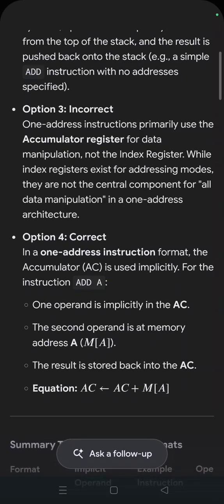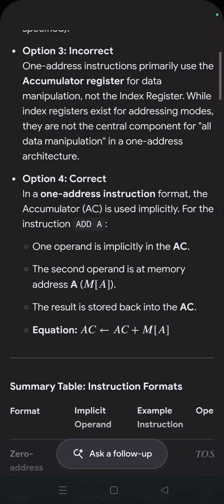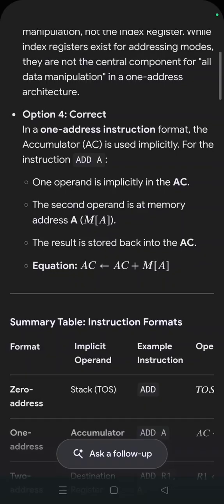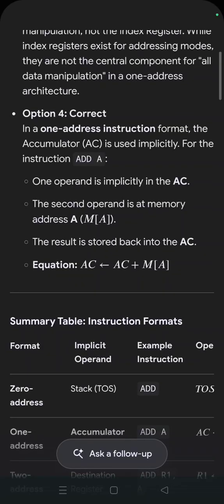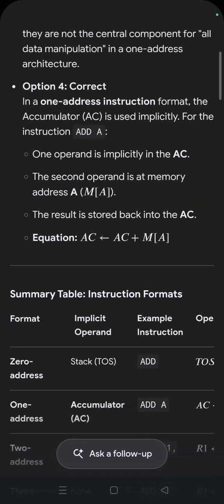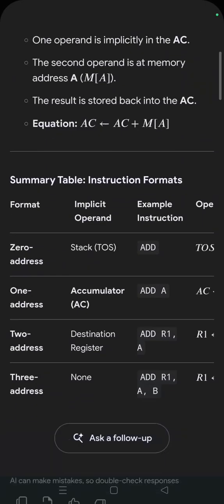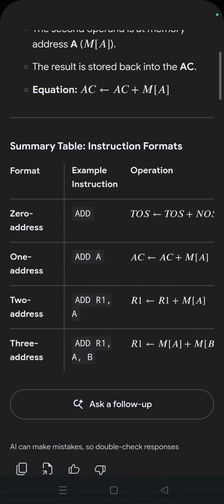In the one address instruction format, the accumulator AC is used implicitly for the instruction ADD A. One operand is implicitly in the AC. The second operand is at the memory address A, M[A]. The result is stored back into the AC: AC gets AC plus M[A]. The zero address instructions use